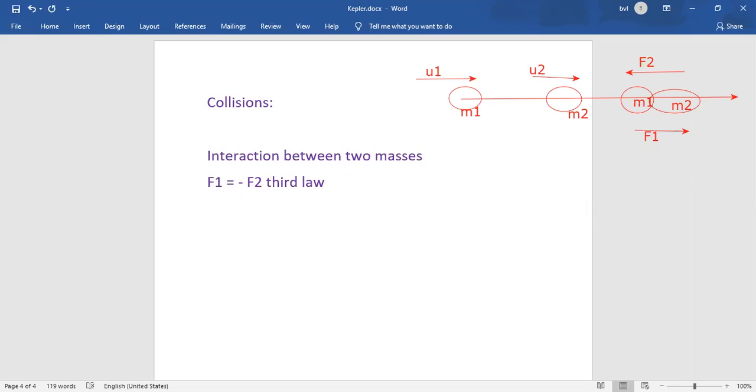Okay, next. This is the interaction between these two masses. Two masses are interacting with each other, striking with each other. They are in contact here. I repeat once again, when they are in contact with each other, they strike with each other, they apply an equal force in opposite directions, and they have initial velocities also.